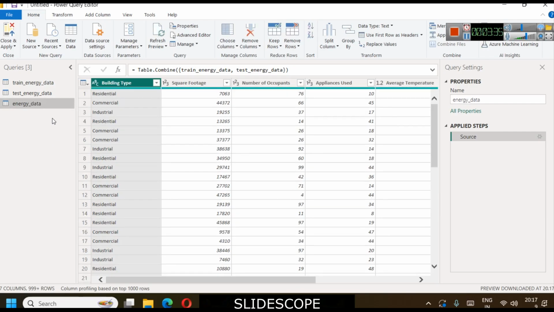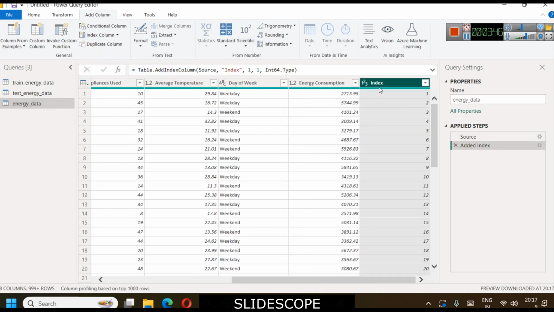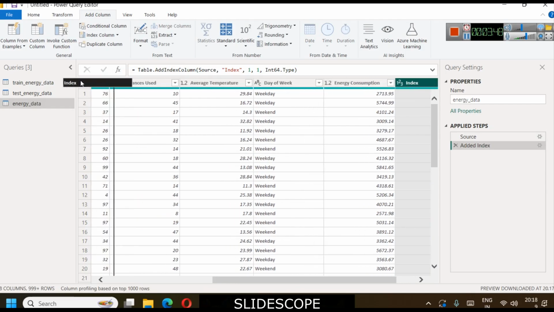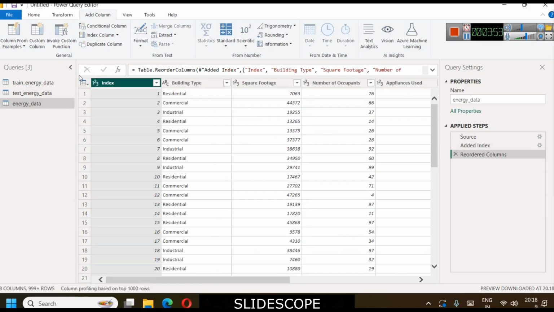Now, after renaming, we will do one more thing. For every record, we will add a column. This column is a calculated column, and it will be an index column. It will start from 1. Okay. Now you can reposition your index column anywhere. I'm just repositioning it to the front. So this is index, like for every record we have one unique ID. It's like a primary key kind of thing that we are building here. Now after all of this,